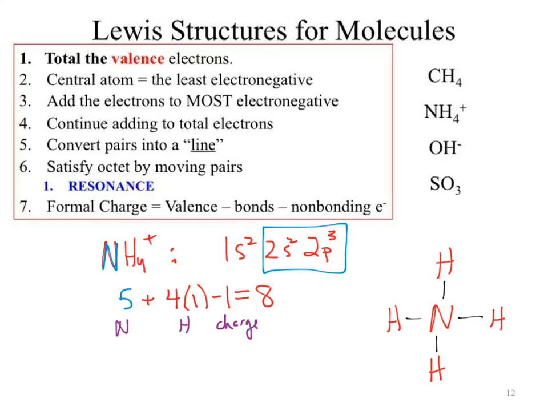How many electrons are around the nitrogen? 8. We'll count each of those bonds as 2 electrons because how did we make it a line? We needed 2 electrons. So there's 8 electrons around our nitrogen. How many electrons around each hydrogen? The bond, 2 electrons. We've satisfied hydrogen's octet. It only wants 2 electrons. We now have a potential for the Lewis structure.